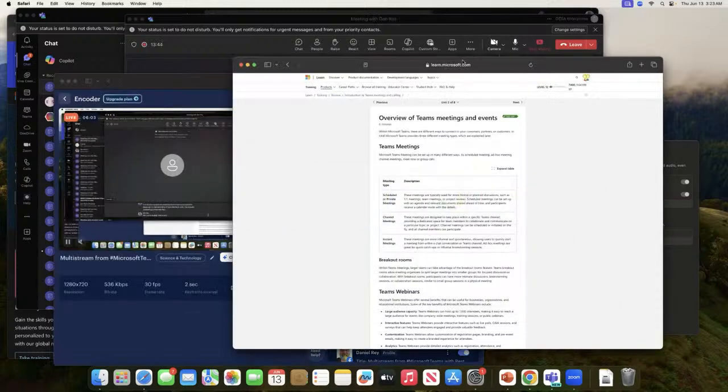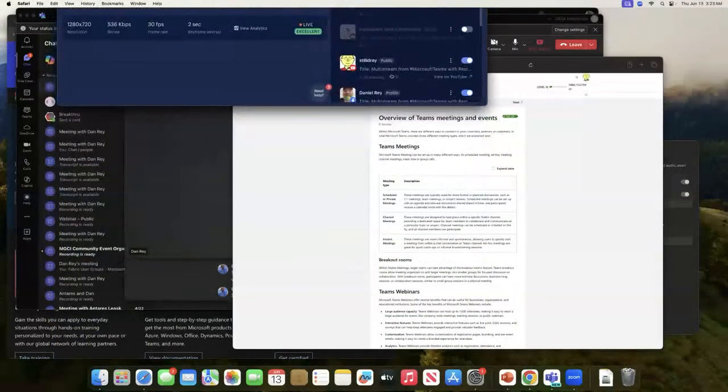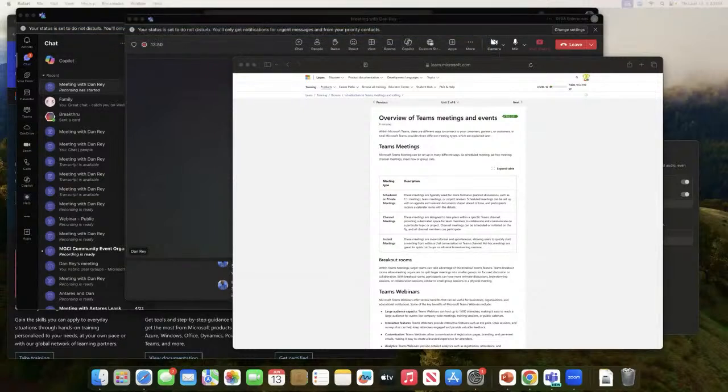So if I switch over to my window where I've got what's going on in Restream right now, I can pull that up to another screen, and we can see that we have our Teams meeting information here front and center. And if I can find my, where did I put my trackpad? There it is. Trackpad's easier to zoom in and out on